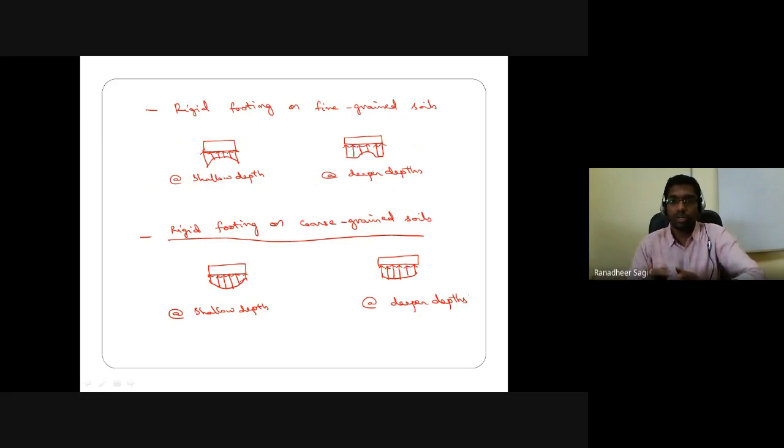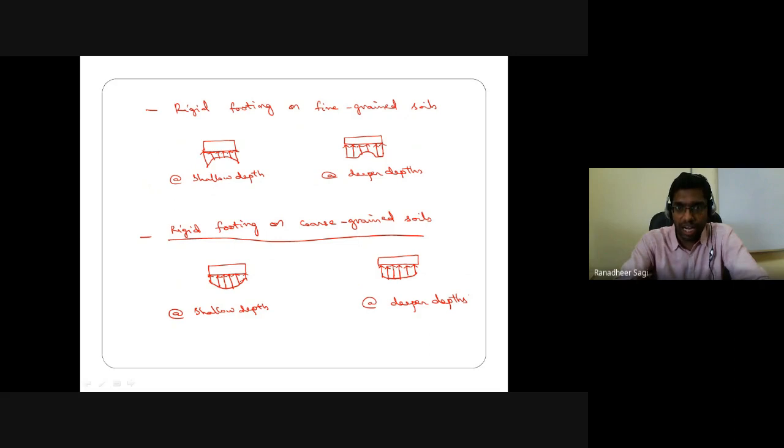That means knowing what the width of your foundation should be, what the length of the foundation should be, and what the allowable pressure is that is supposed to be transferred through that foundation, depending on the soil properties. Based on the soil properties, we know how to estimate the ultimate bearing capacity, allowable bearing capacity, or net allowable bearing capacity of the soil. Or if not based on the c-phi parameters of the soil, at least based on your SPT value, plate load test data, or cone penetration resistance data, we have seen how to estimate the allowable bearing pressure of that soil or foundation.